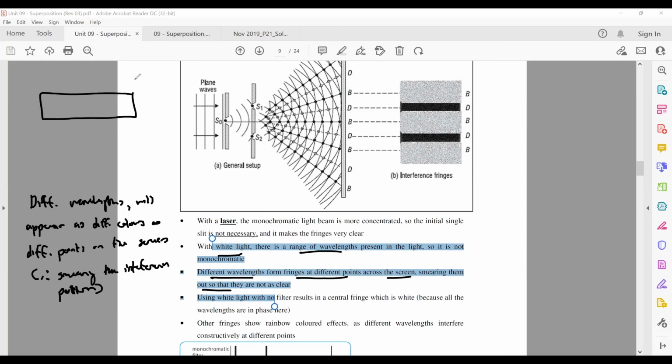Let's just say this is the screen. If you use red light only, you will see something like this. This is your interference fringes. But let's just say you have white light, if you're using white light,